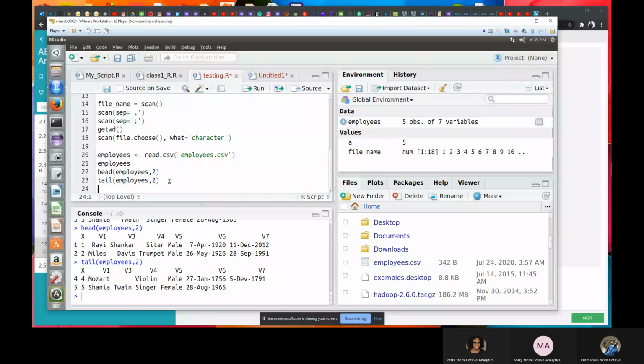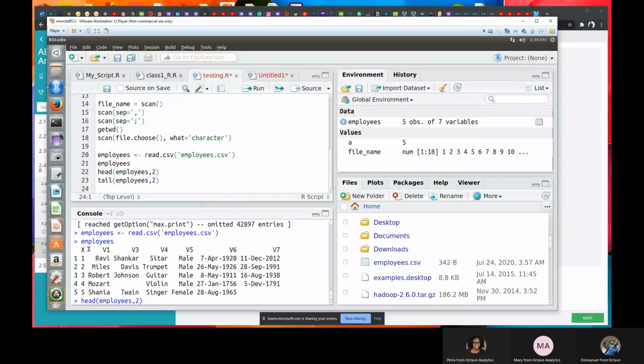Apparently, look at the way this employees data set is being reported. Probably I don't want it. Look at this, like our row index. I also have a row index automatically given by R here, so it's like a duplicate. Let's say I want to remove this particular first column. This is the way I can do it. You can see employees, and my employees is now equal to employees.